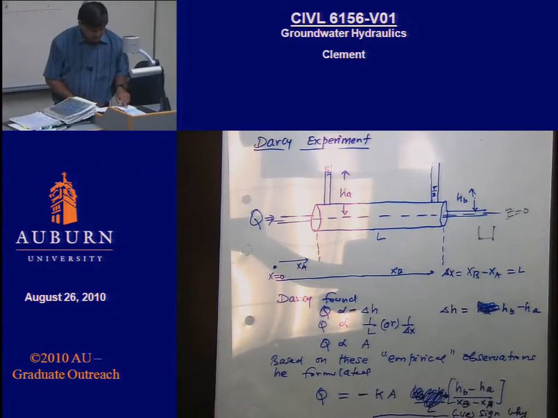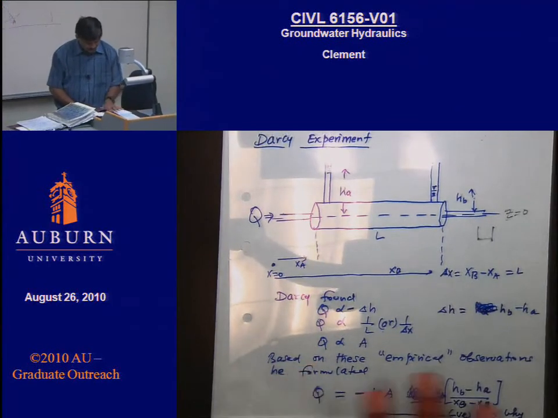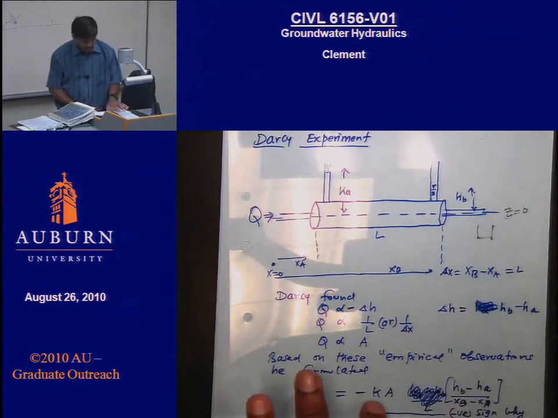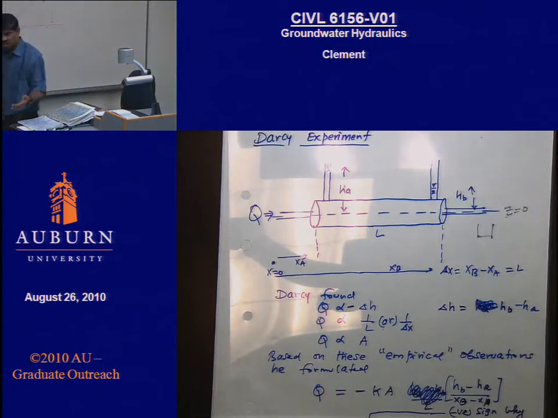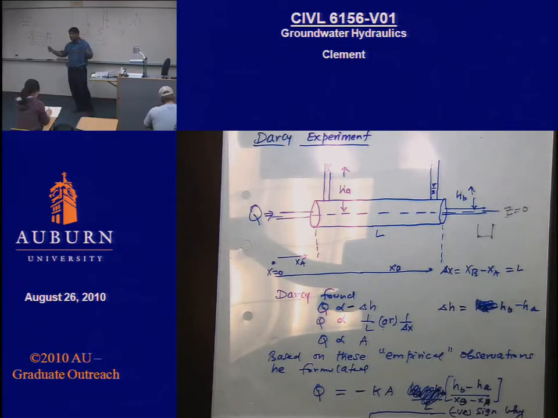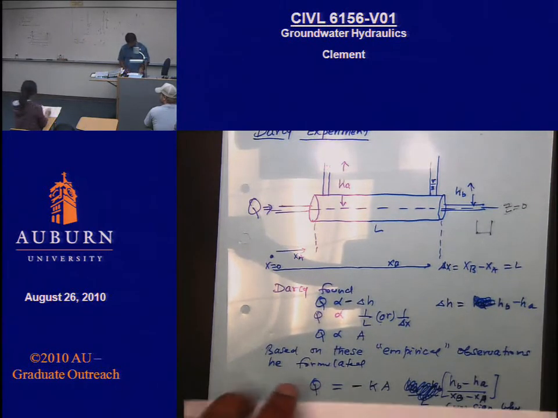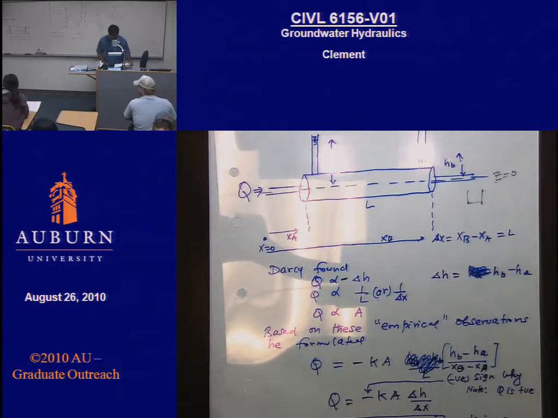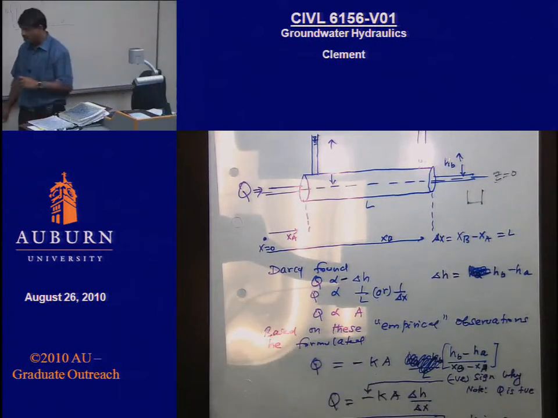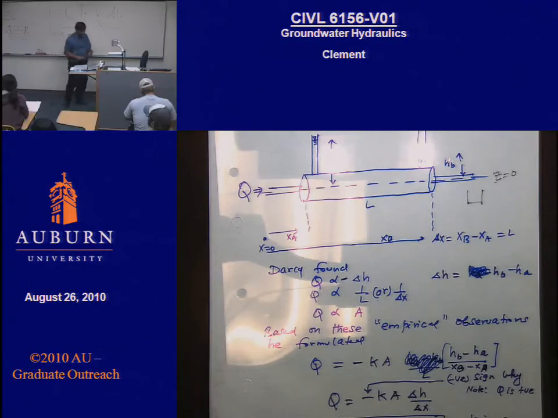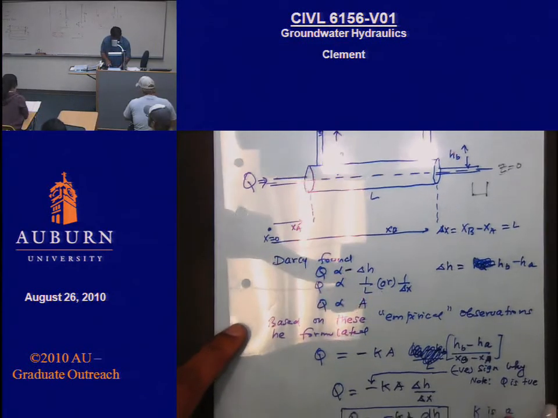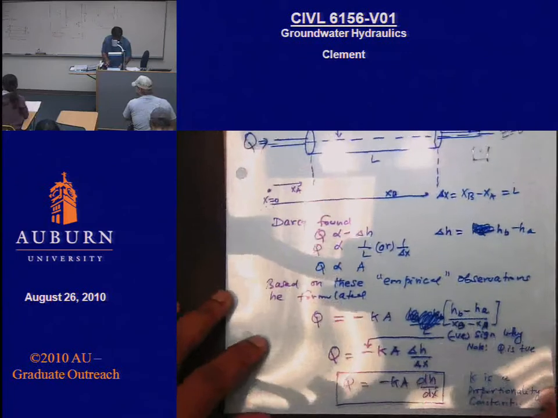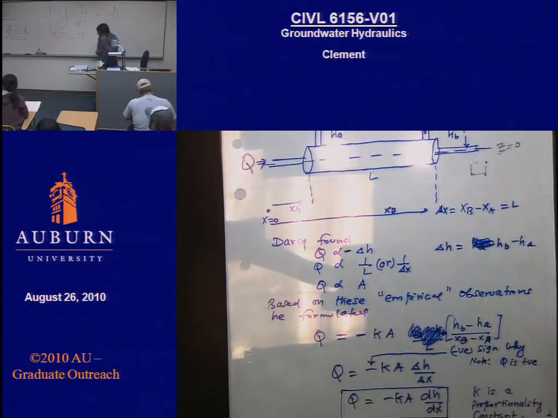And then he said, okay, if they are all proportional, I can build this formula. If something is proportional to something, then I can say it's equal to some constant times something, right? So he slapped on a constant called K. I'll tell you in a minute where the negative sign comes from. So he said the Q must be equal to